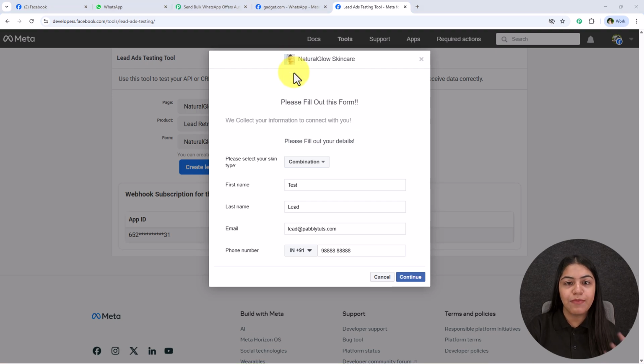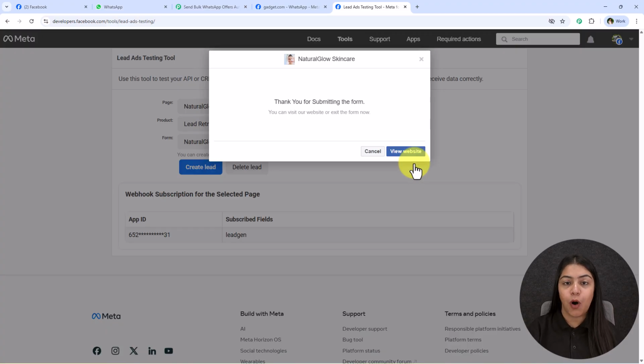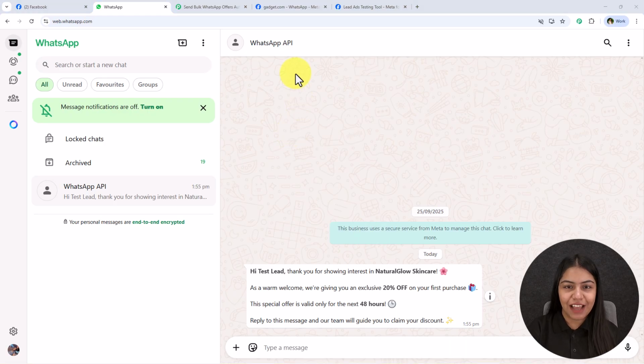Say someone sees my ad on their Facebook, they're interested and they fill in this lead form. So let's fill in this lead form as test lead, click on this continue and then submit. And once they submit this form, they are going to receive an automated WhatsApp message with a special offer. Yes, you heard it right. So let's open our WhatsApp and you're going to see that we have successfully received this WhatsApp message within seconds